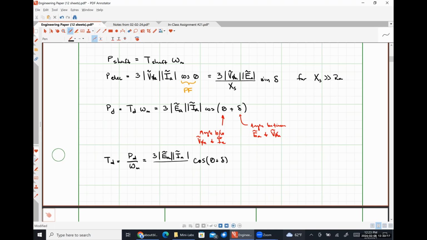We're going to divide by omega m, which for a synchronous machine, omega m and omega s